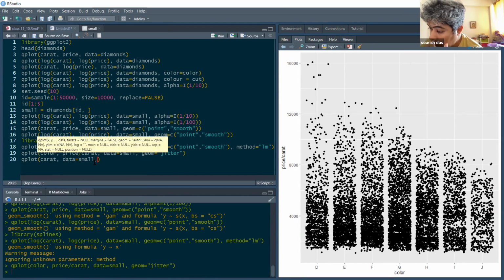Then geom equal to, in quotes, histogram. Small h, not capital. Yeah. And then you give binwidth equal to 1.